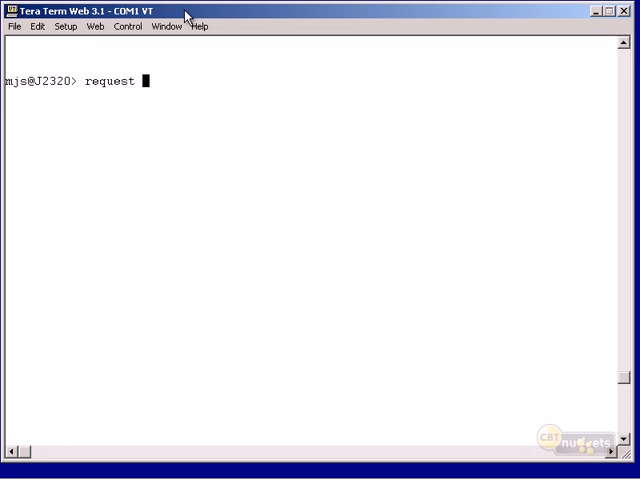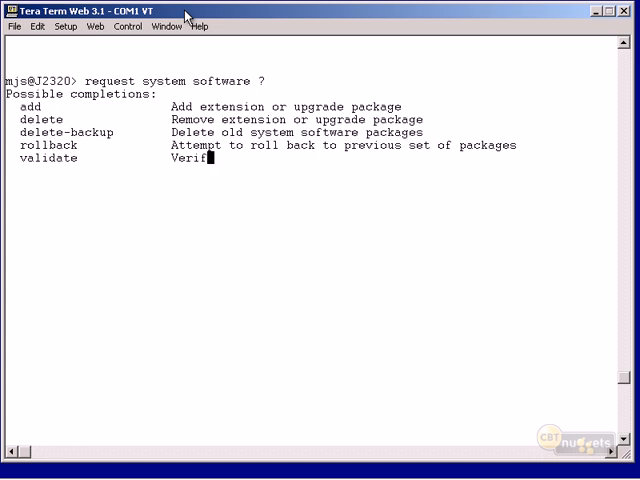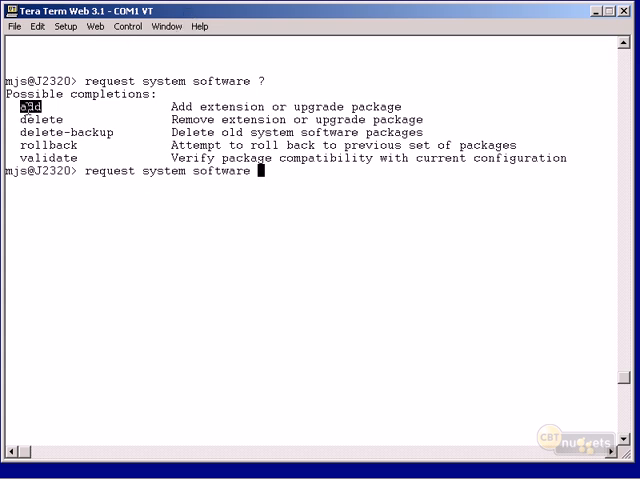Don't forget about request system software and your options there. Here's where you go to add an upgrade package. Here's where you go to remove an upgrade package. Here's where you go to delete a backup. Here's where you go to roll back to a previous package or previous operating system. You can also validate package compatibility with your current configuration. So before you even go and add a particular package, you can make sure that your Juniper router will actually